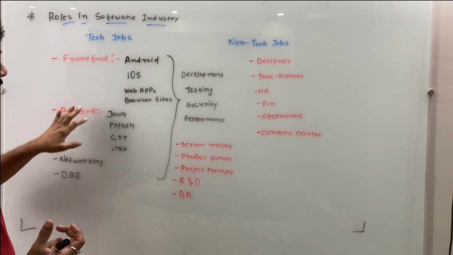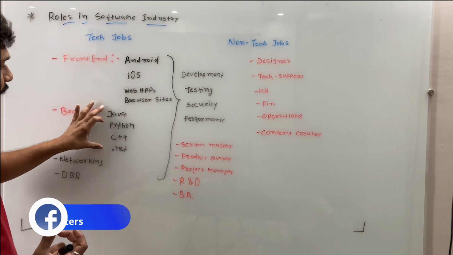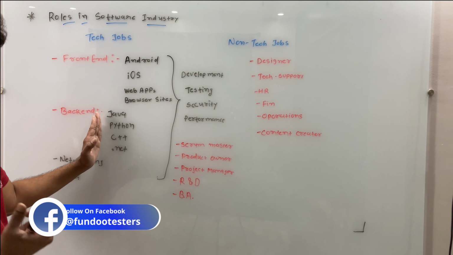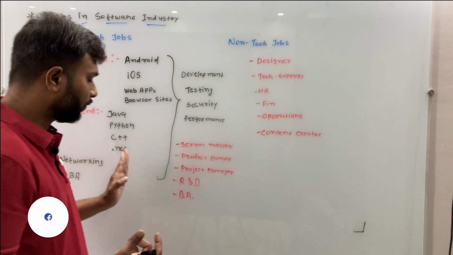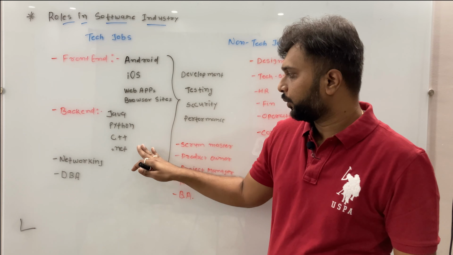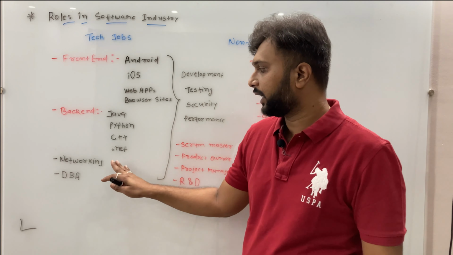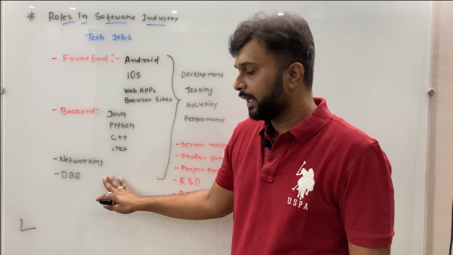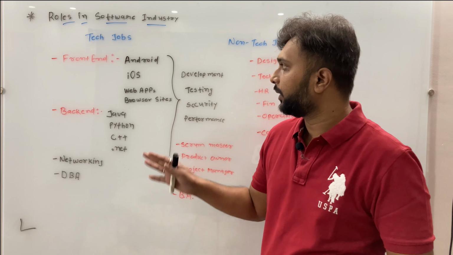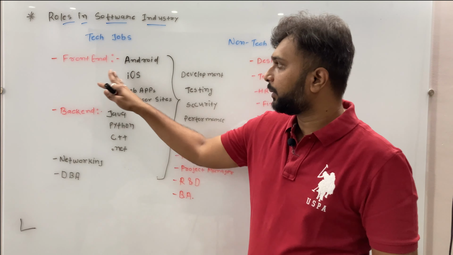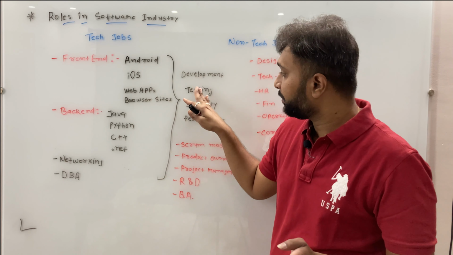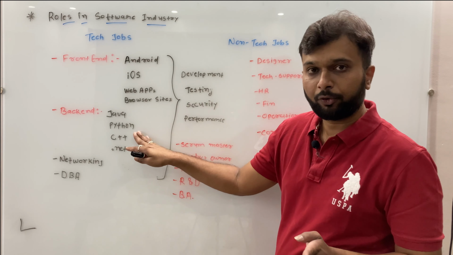And another is the backend. On the front end side, we are using an application, and these applications are installed on a server. For the backend, they work on Java, Python, C++, .NET. Apart from that, there are networking, database analyst, and data scientist roles, and many jobs are available. For all these categories, for example front end, there will be a dedicated development team and a dedicated testing team. The same applies to the backend as well.